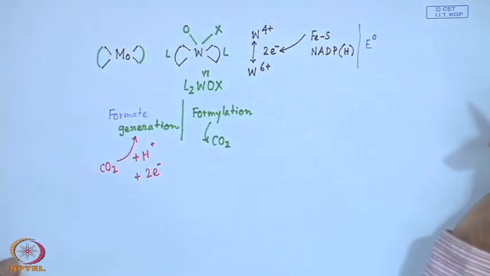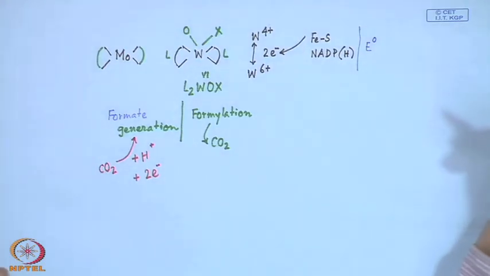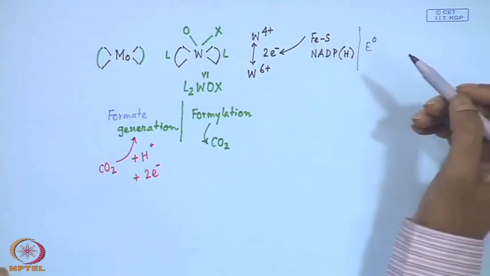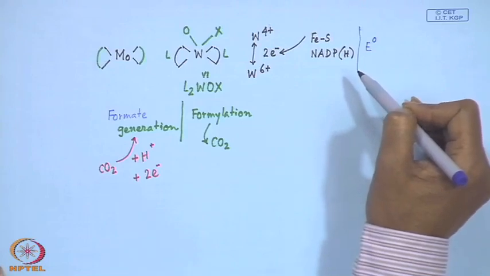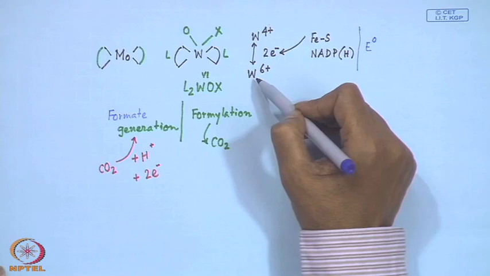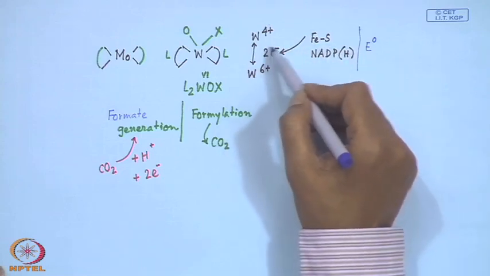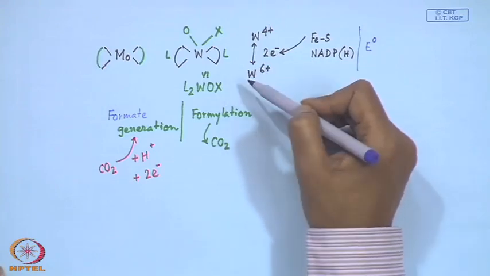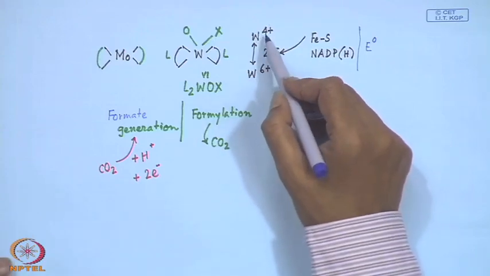So, the E0 value, the redox potential value or the half wave reduction potential value for NADPH and iron sulfur cluster will tell us at which particular potential we can deliver these 2 electrons to the hexavalent tungsten site, such that this hexavalent tungsten can be reduced to the